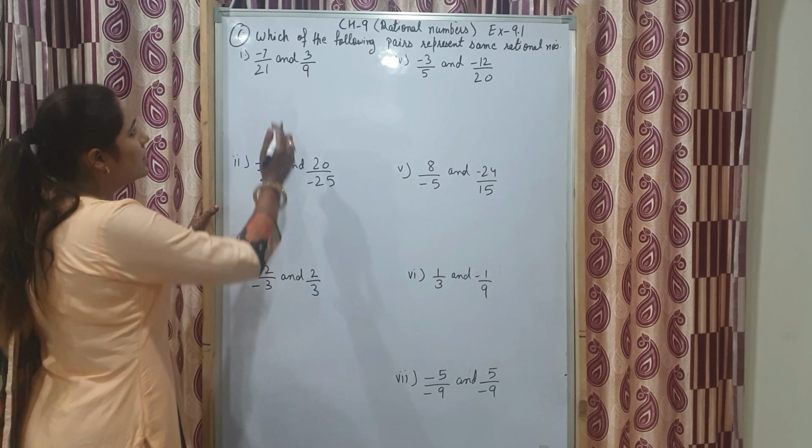How? Minus 3 upon 5 is the smallest value, because if a negative sign is there, the maximum value is the minimum. So minus 3 upon 5, and then minus 2 upon 5, minus 1 upon 5. So our question is also answered. It is already in ascending order. So we will write ascending order, that is minus 3 upon 5, minus 2 upon 5, and then minus 1 upon 5.